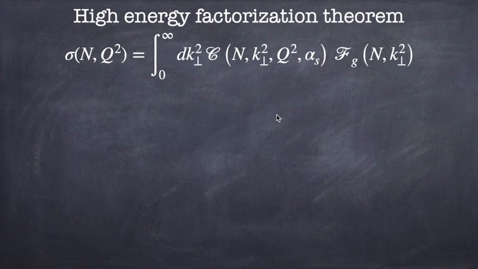To do so, we can exploit another factorization property, the high-energy factorization theorem. This holds also away from the collinear limit in the high-energy region, and one can prove that in this region the main contribution is given by the gluon. Then we can write our cross-section as this convolution, where we have the off-shell coefficient function,